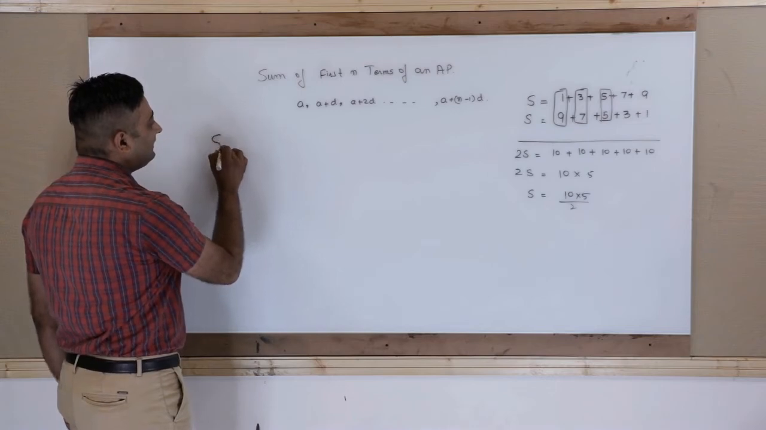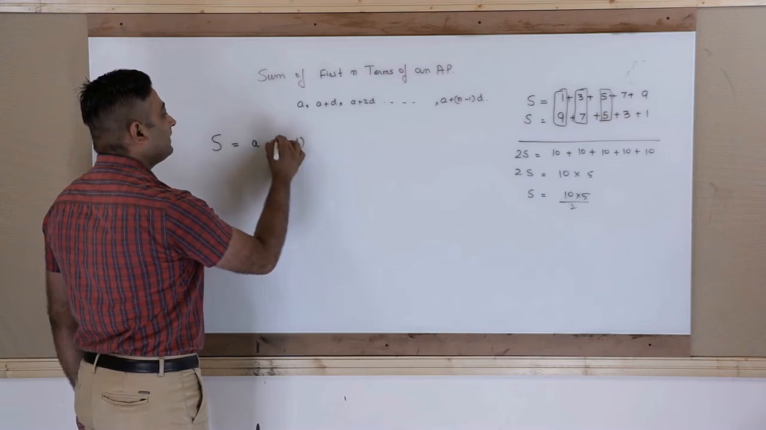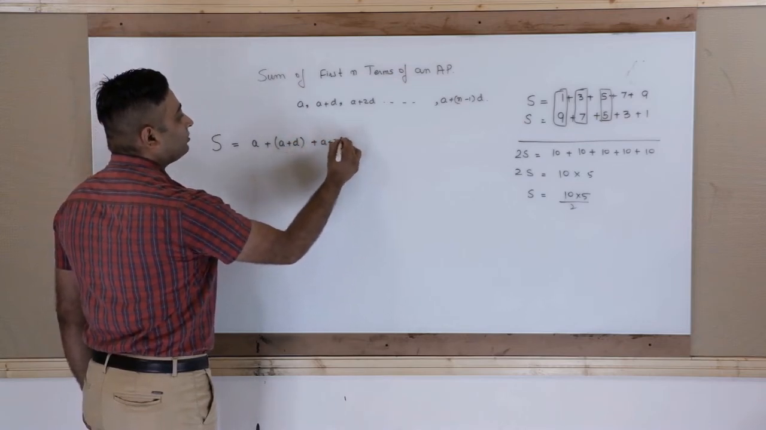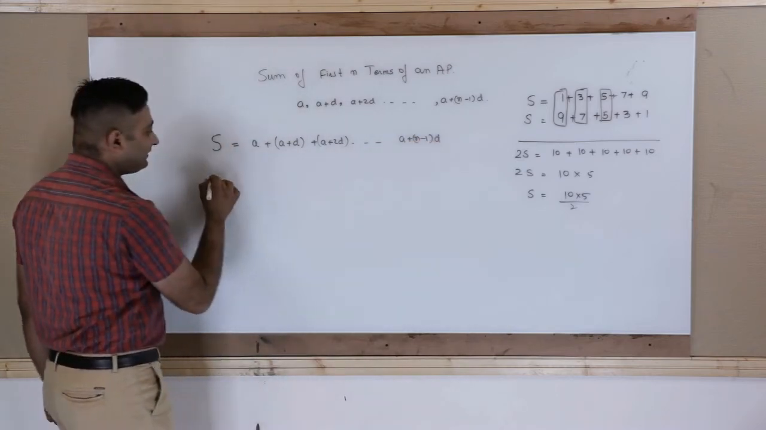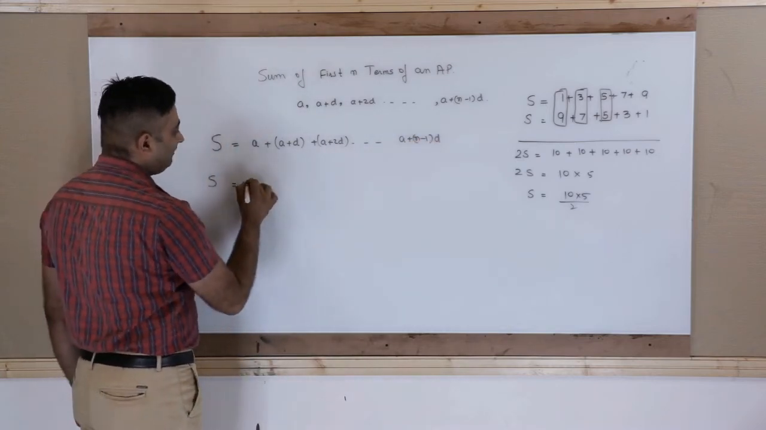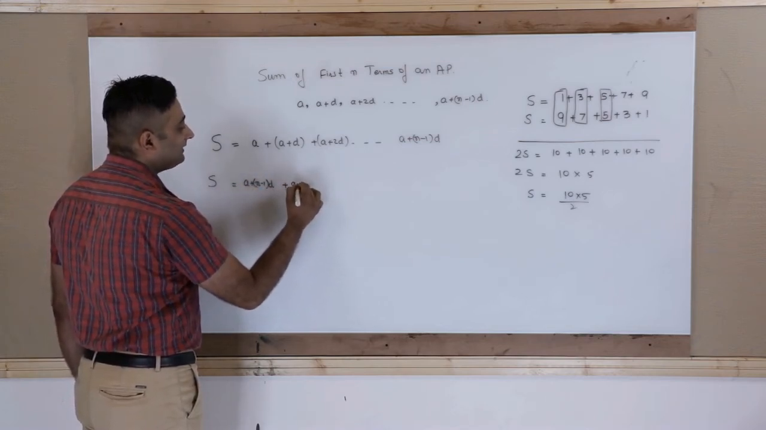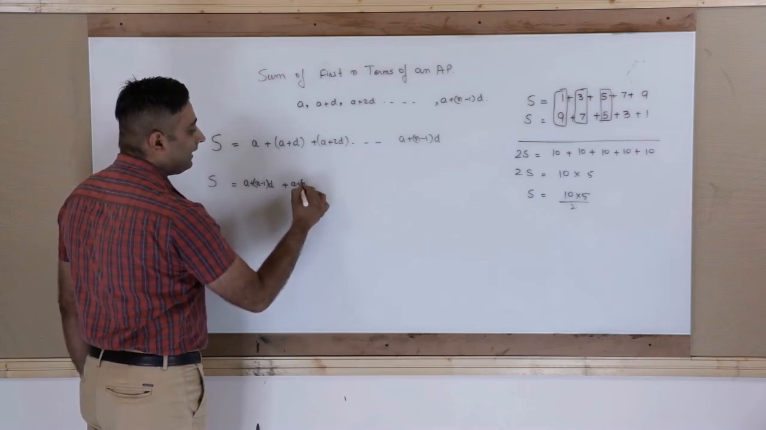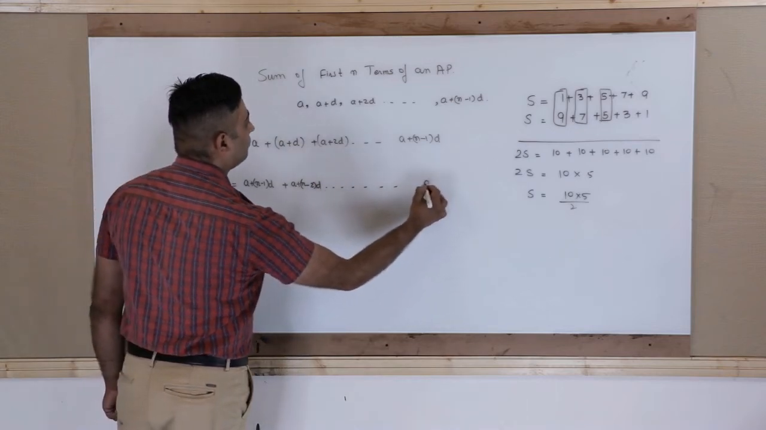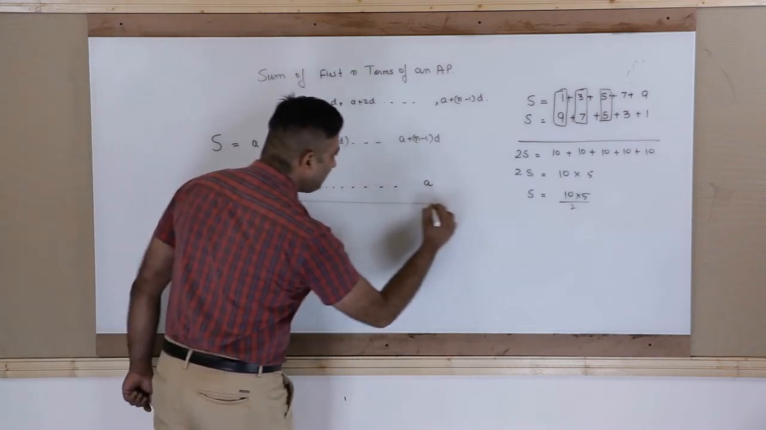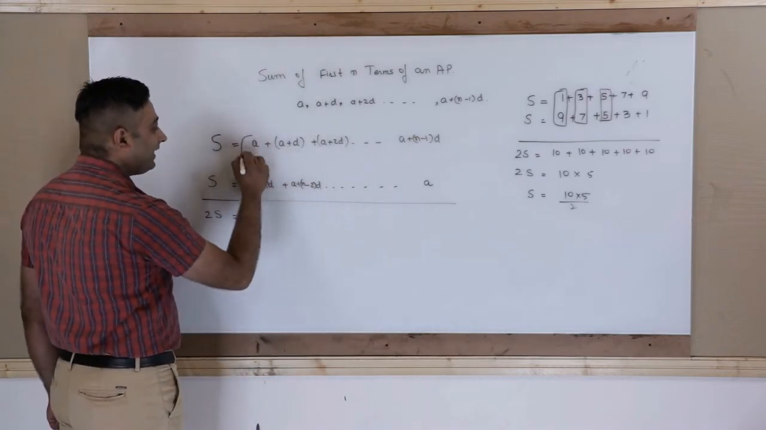Now let us consider S as the sum of first n terms of this AP: A plus D, A plus 2D and so on up to A plus n minus 1D. Now writing this in the reverse order, that means first we will write the last term, that is A plus n minus 1 into D. Then we will write the second last term, that is A plus n minus 2 into D and so on up to A. Now adding these two equations, we will get LHS is equal to 2S and the right hand side as